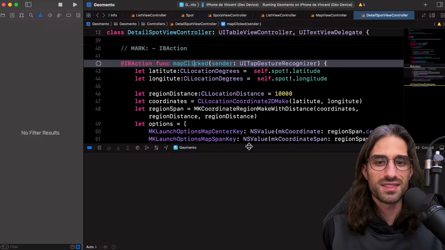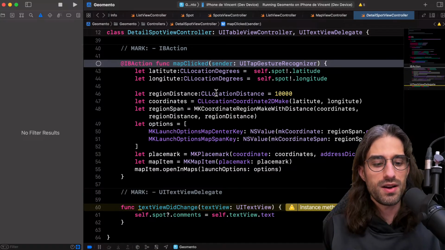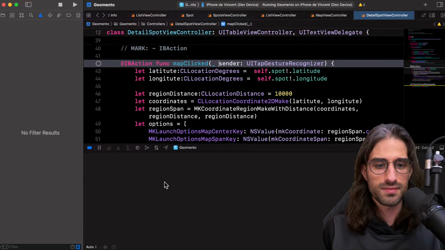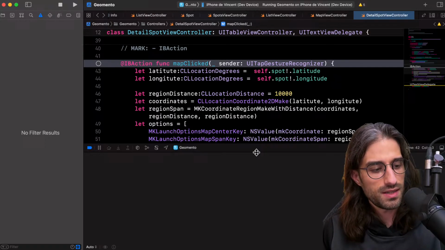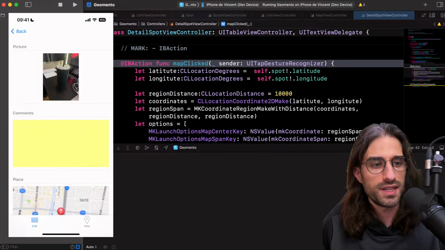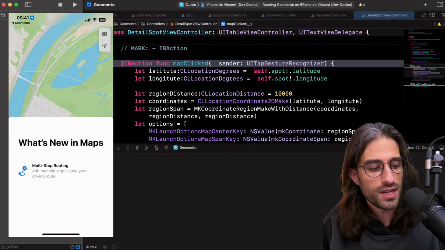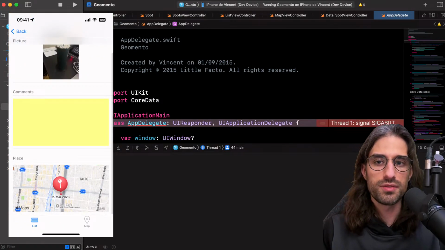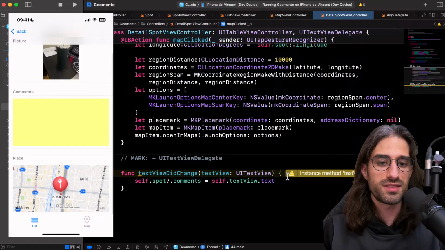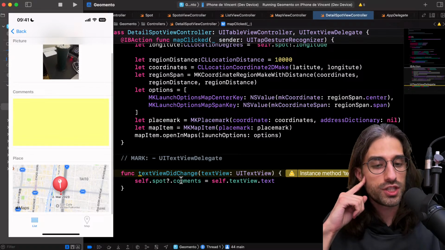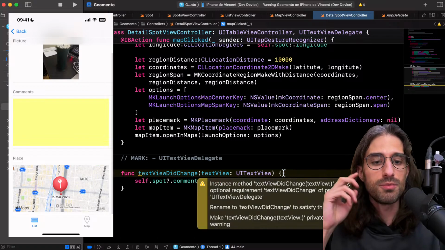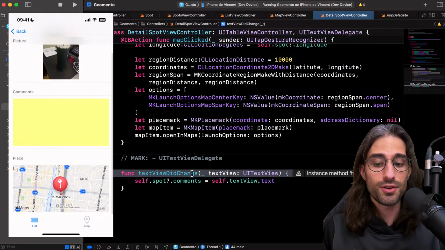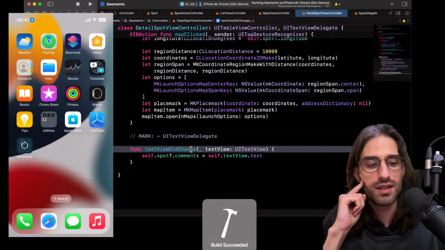Let's see, I'm going to try and fix it. I think it's because of that. Okay, let's show the phone again. I'm going to tap on the map. Now it opened it in Maps, yes. So it's one of the super annoying things when I had to convert the project. You see there is the same issue here. That's why the changes were not saved: in the big renaming, they added this underscore in the signature of the method, and so this method wasn't called, and that's why the data wasn't saved.